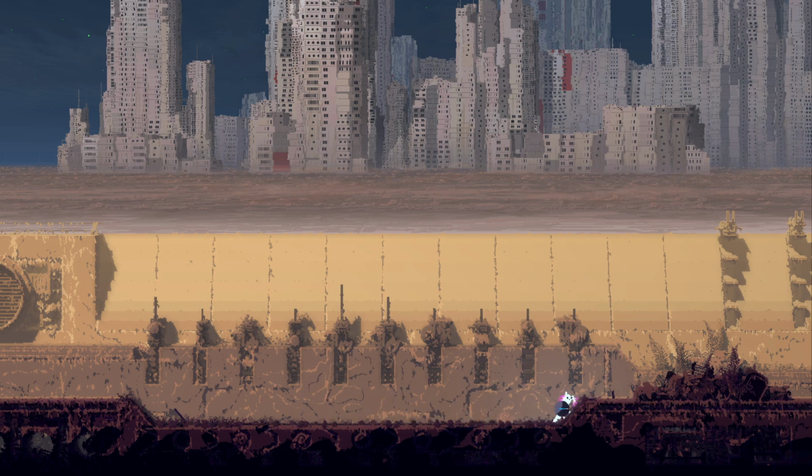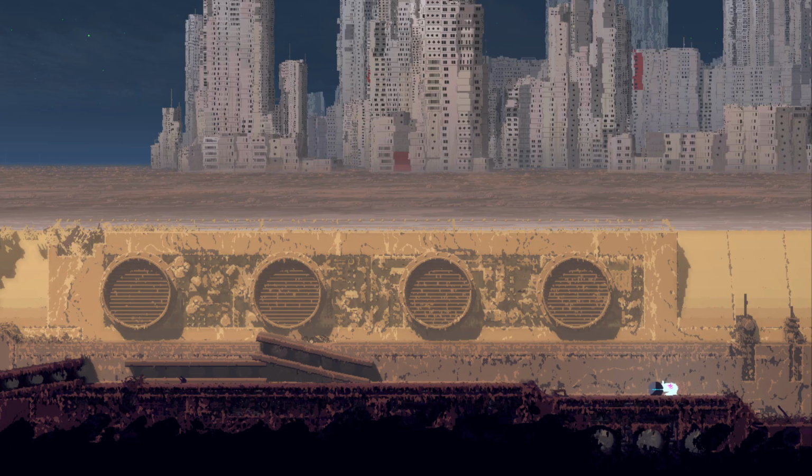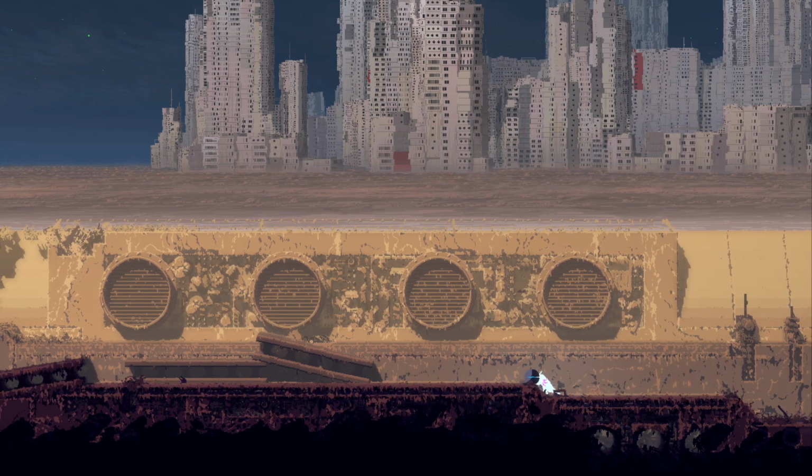Y'all saw that like weird slide move, right? I would swear to you that what I did was run, tap down to go into like a crouch, and then tap jump. I was trying to do a Super Mario like... How did I do that? I was trying to do a Super Mario long jump. You know, a 3D Mario long jump. I'm not sure why it...